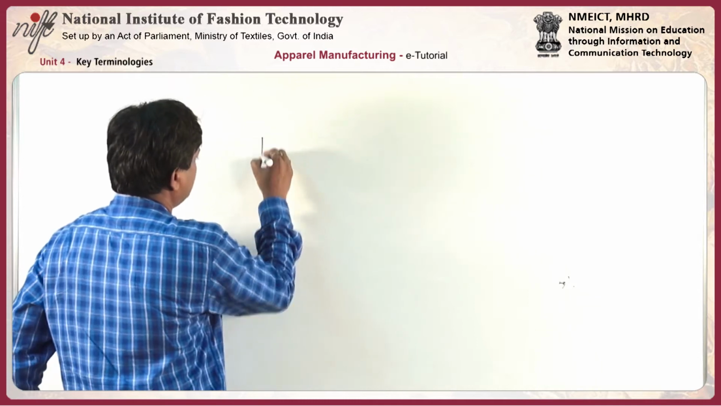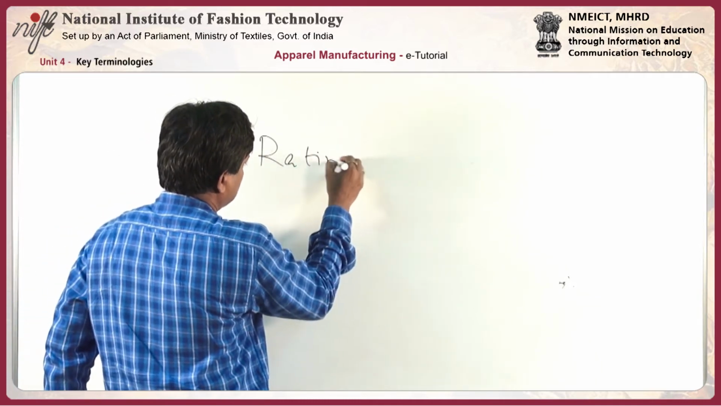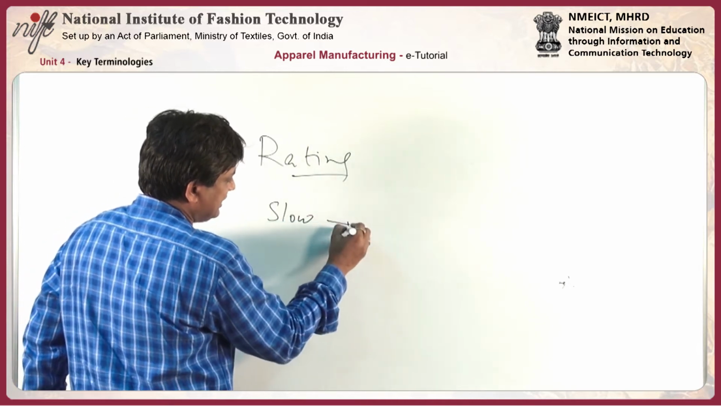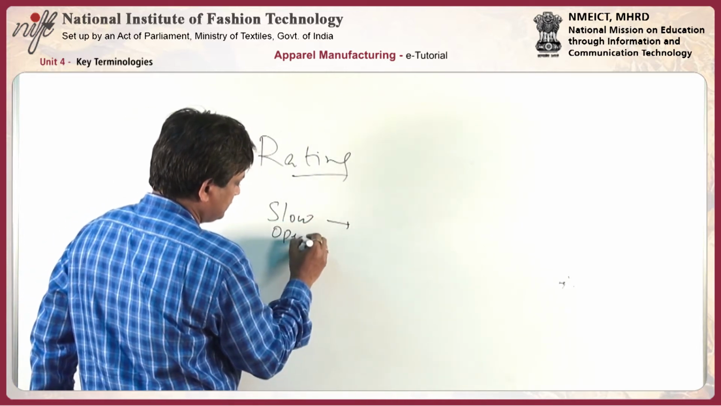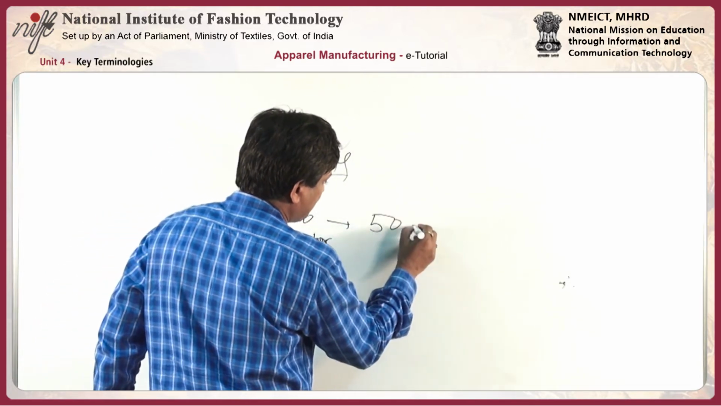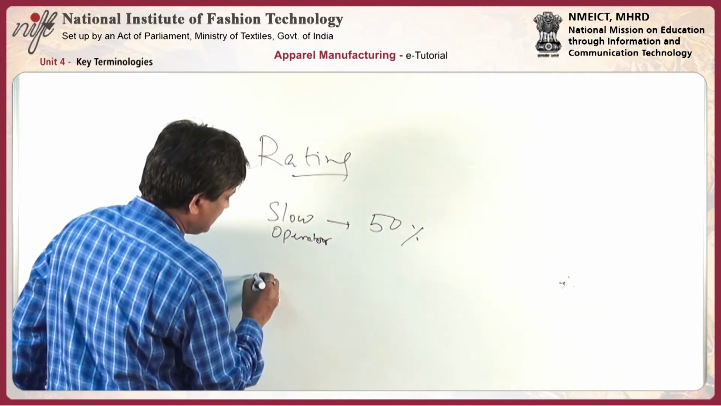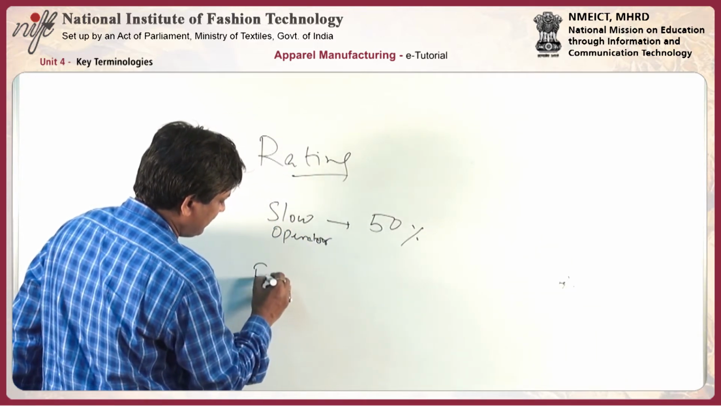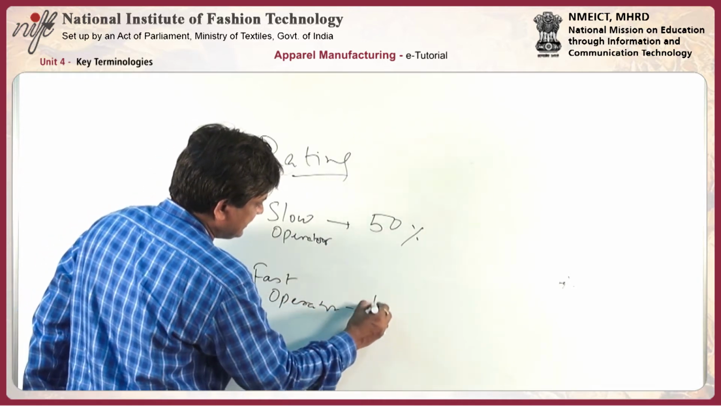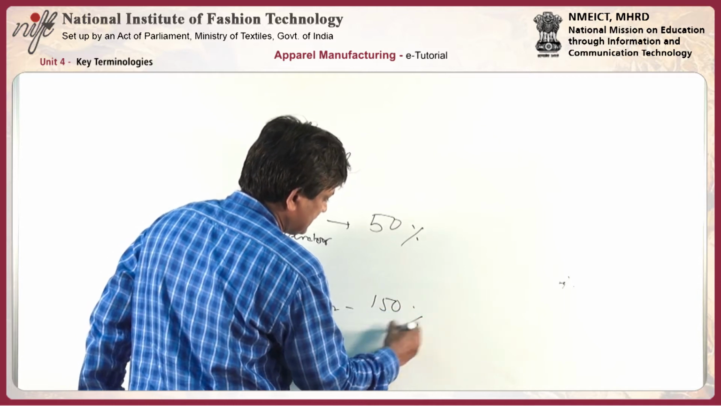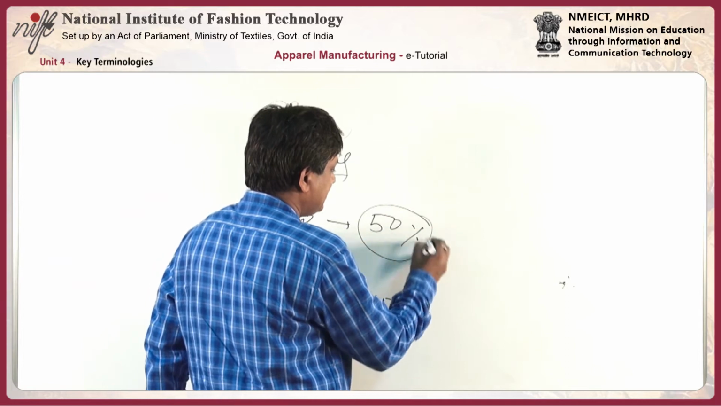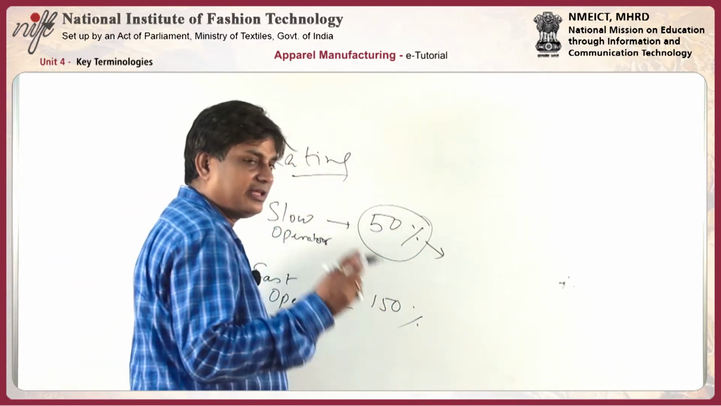Rating here. If a slow operator is slow, his rating is only 50%, and the operator who is very fast, his rating is 150%. So for the slow operator, if you have taken a time study, we found that this slow operator is taking